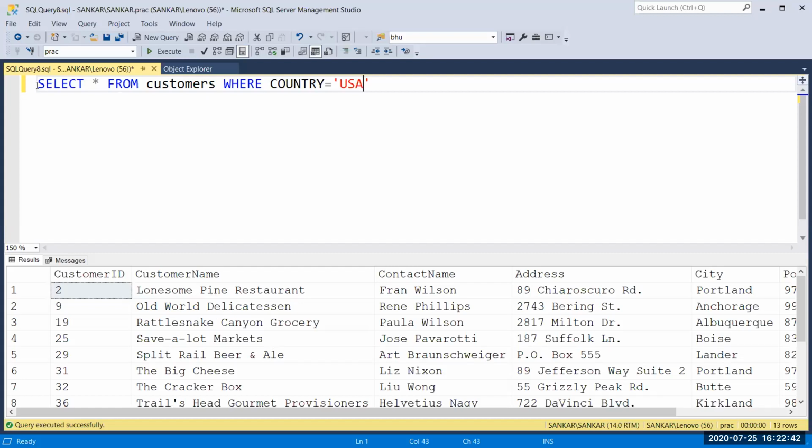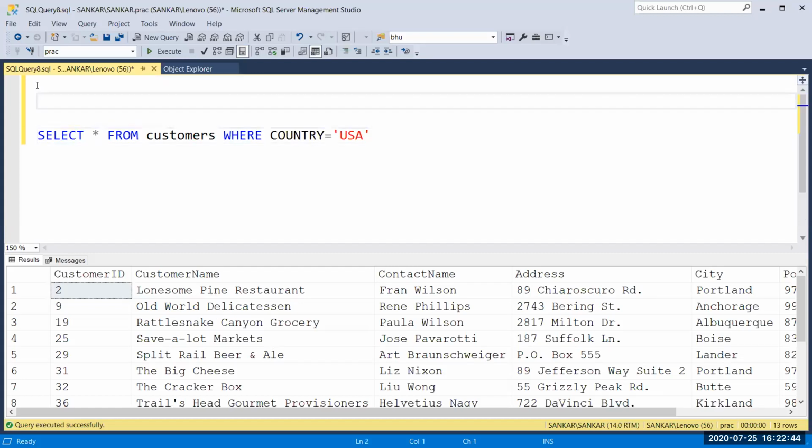And I'm going to store this query. I'm going to create a view for this query. Just type create view, give your view name, and here I'm going to give USA, that's my view name, and as. Now the query has been stored in USA.